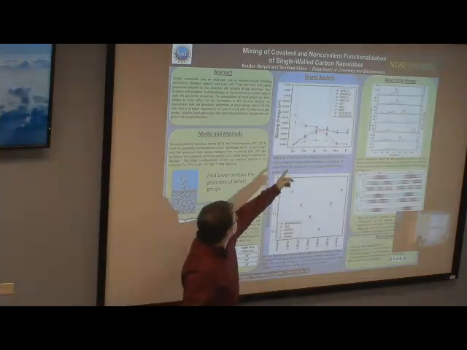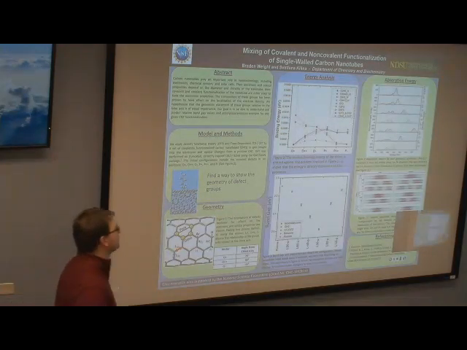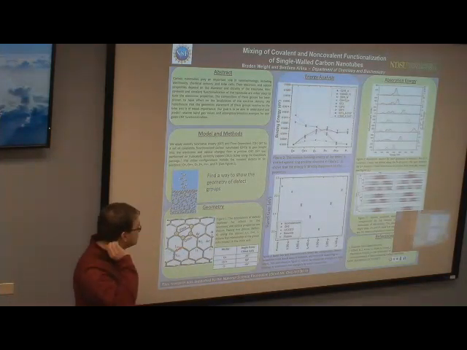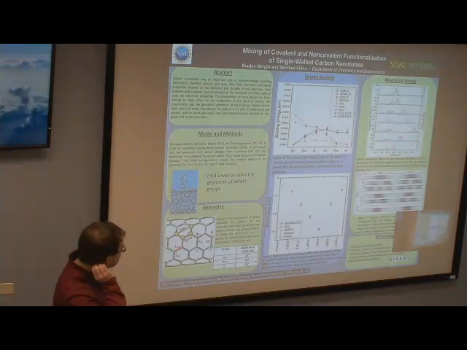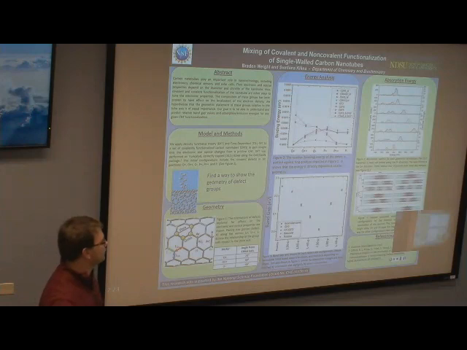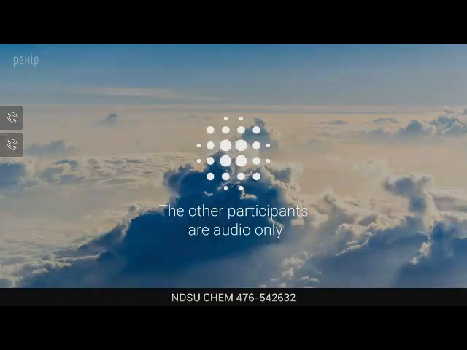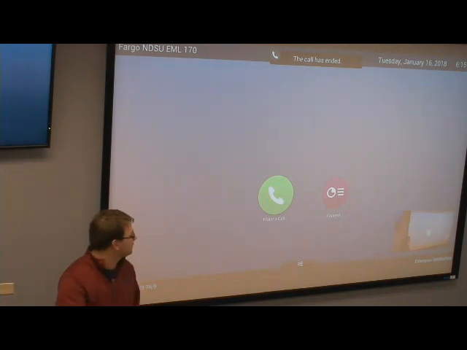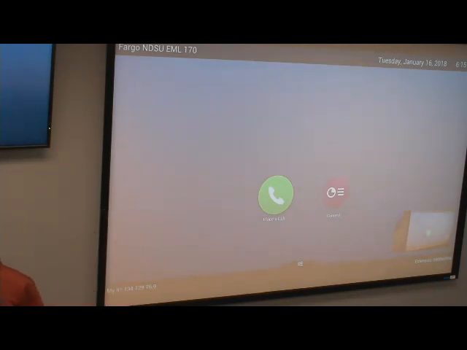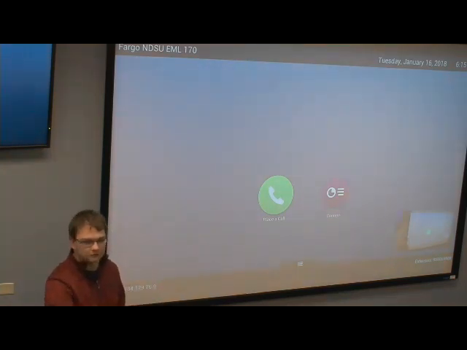So if you take a look at this top one, I have a rough binding energy graph here with a bunch of different groups. As you can see, I've normalized it, so I've taken it relative to the same group. I found the lowest binding energy, or the lowest total energy of the system, and subtracted it from all the other groups. So one of them will be at 0, and the other ones will be relative to that.